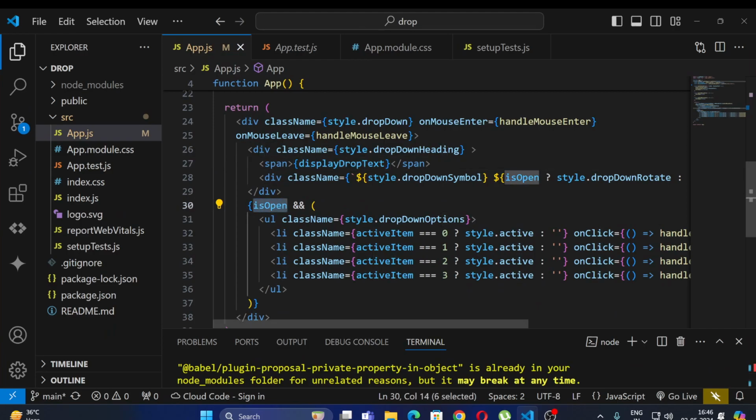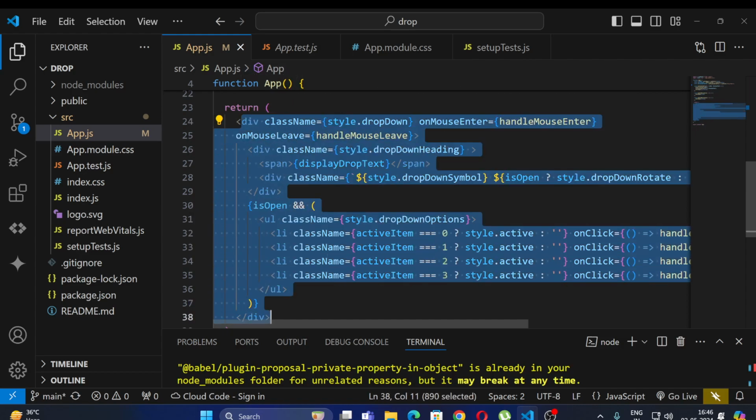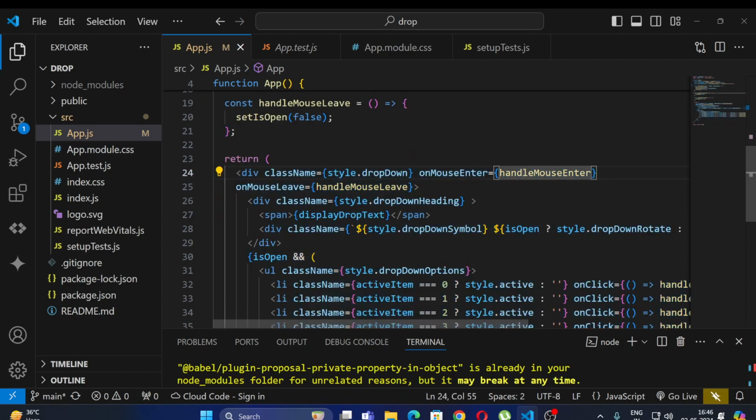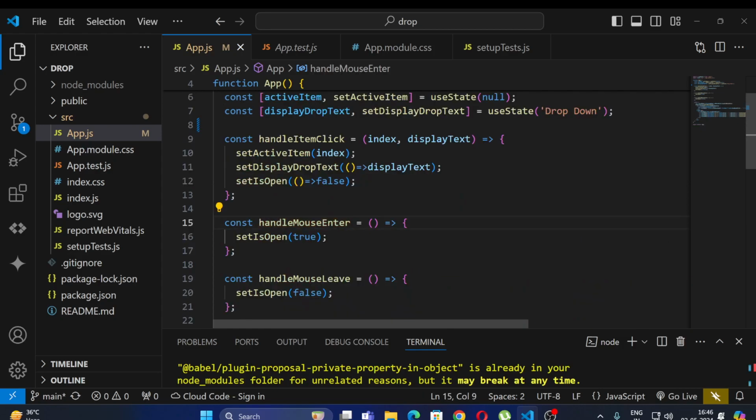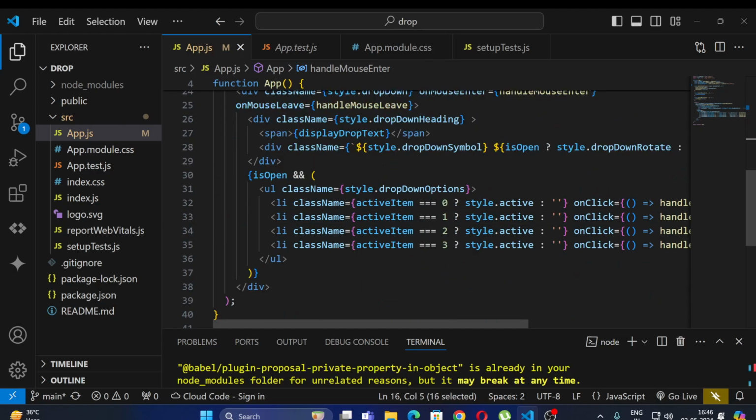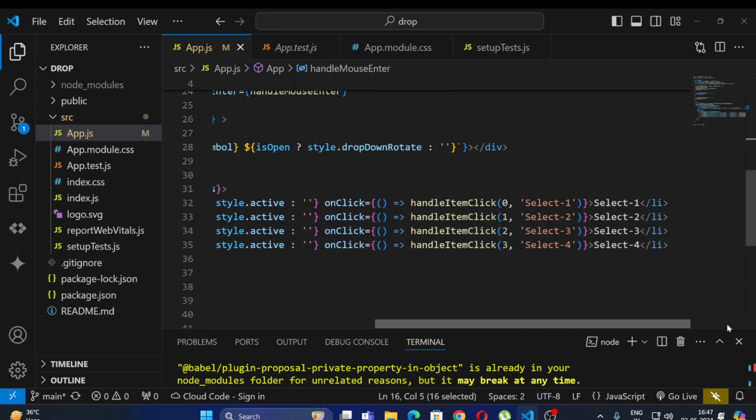Now this isOpen is getting toggled based on whether our cursor is actually on this div element or not. So as you can see, the handleMouseEnter and handleMouseLeave, we are using the events of onMouseEnter, and this handleMouseEnter basically sets setIsOpen to true. Once it does, then we see a list of elements made with an unordered list, with some styling applied on it, and then it has its own functionality where if we click on any item like we did, then it